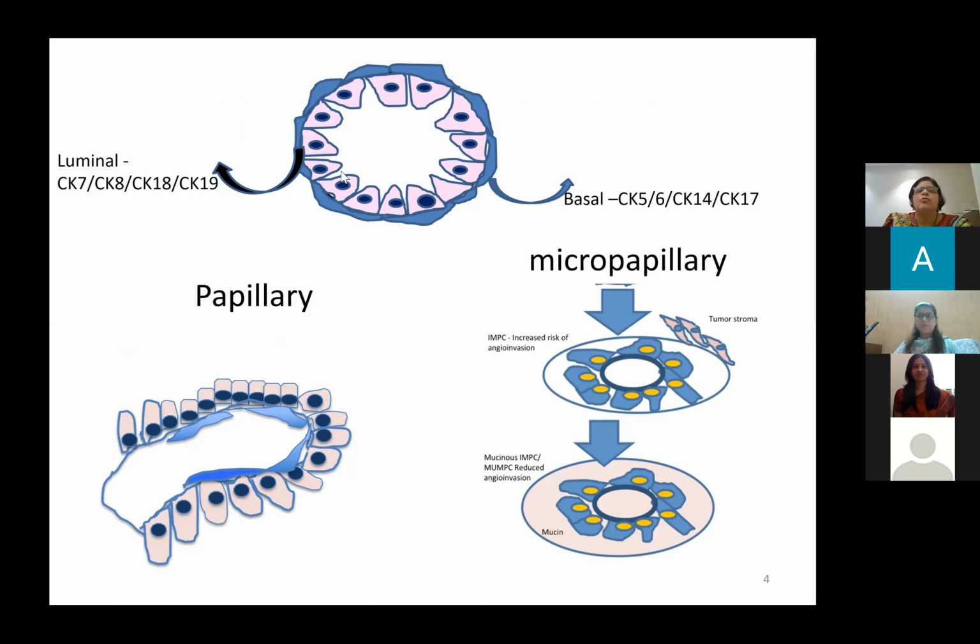You see this is the normal acinar or ductal structure. You can see there is an epithelial lining which is usually 8-18 positive and a myoepithelial lining which is 5-6 positive. Now imagine if you draw a core of cells inside, that is a true papilla. This is my diagram. It shows a core drawn inside, and this core will now grow and form a papillary tumor.